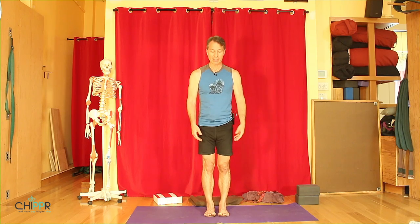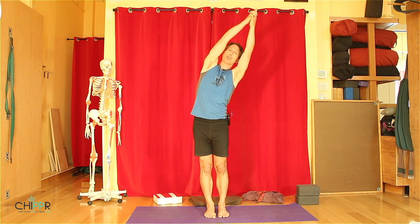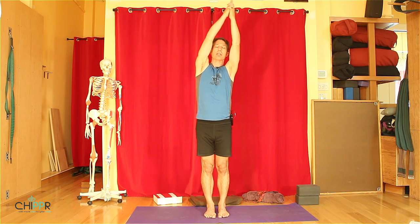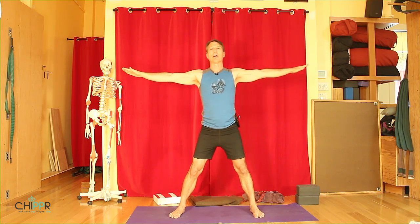Standing in mountain pose, you'll inhale your arms up and overhead. Exhaling, you'll tip to your right. Inhaling, you'll come to center. Exhale, tip to your left. Inhale, come to center. Exhale the arms out to your side and step your feet about 3 feet apart